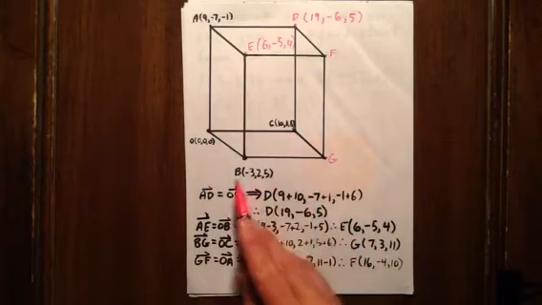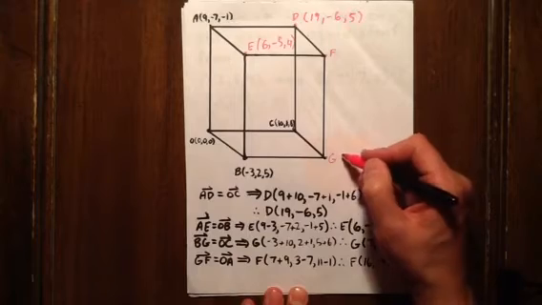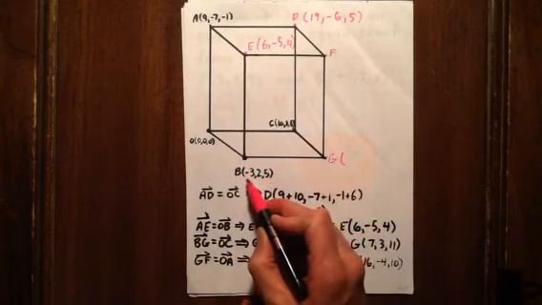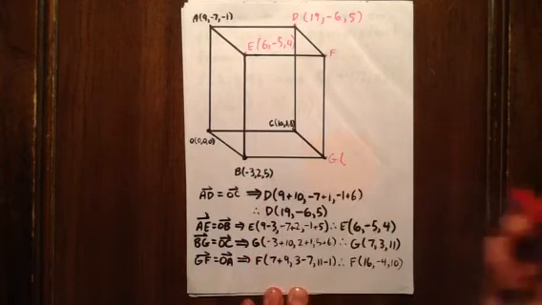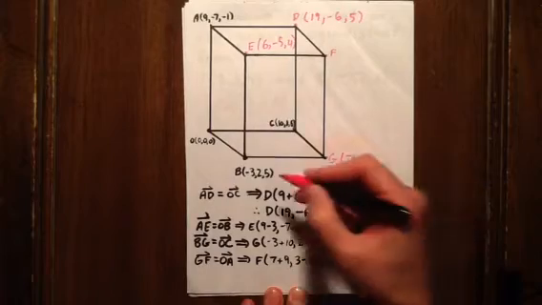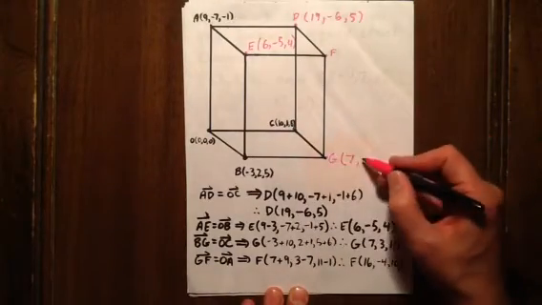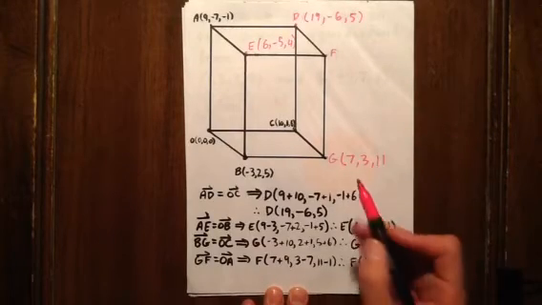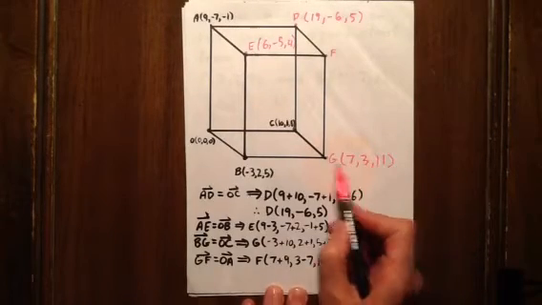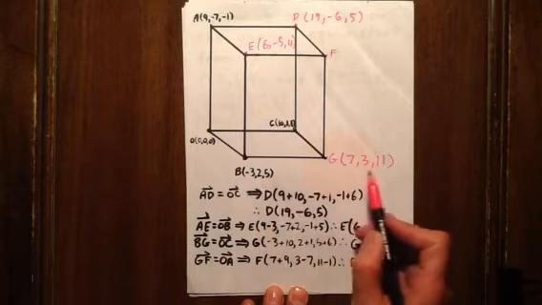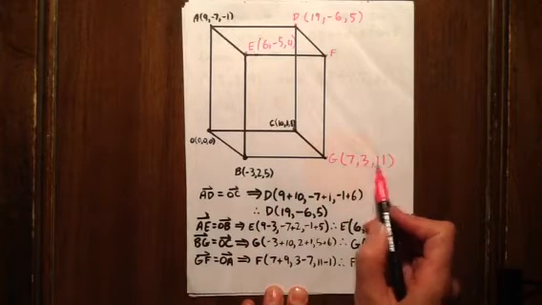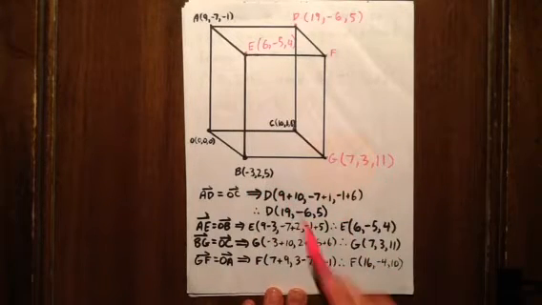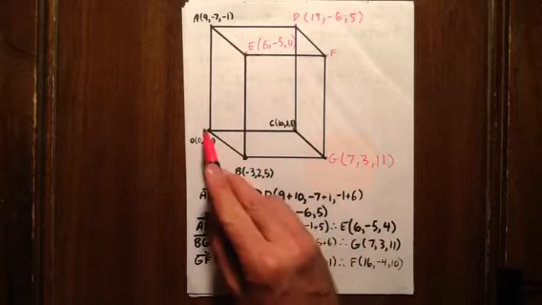OC is 10, 1, 6, so G must be negative 3 plus 10, which is 7, 2 plus 1, which is 3, and 5 plus 6, which is 11, meaning that 7 minus negative 3 is 10, 3 minus 2 is 1, and 11 minus 5 is 6,